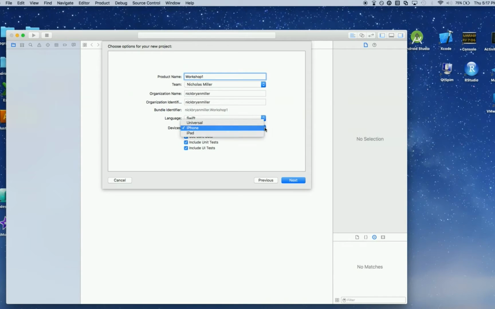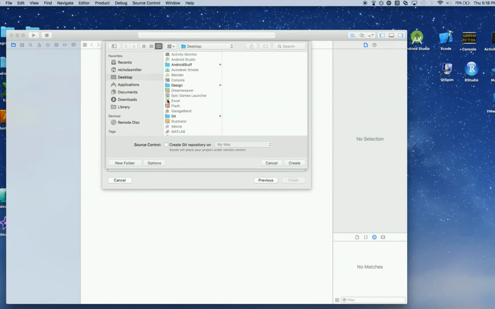And then there are these 3 options at the bottom for core data, unit test, and UI test. You can actually unclick all 3 of these because we don't need any of them. Unit tests are things that we can run, like automation testing, so we can run stuff against our code and check values, check the results. And UI test is like, did this view load? Is it apparent on the screen at all? And core data is another talk. Okay, so next,